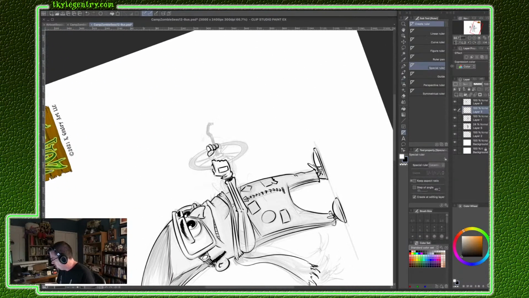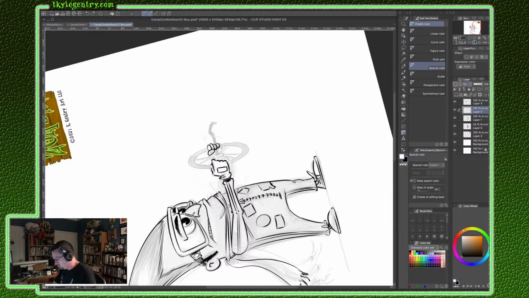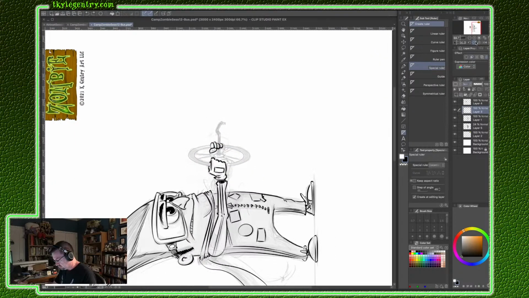Go here. It's under Special Ruler, and I go down here under Special Ruler and then click Concentric Circle. And then you just kind of need to get that more in as flat as possible. There we go. There we go. Now the cool thing about this